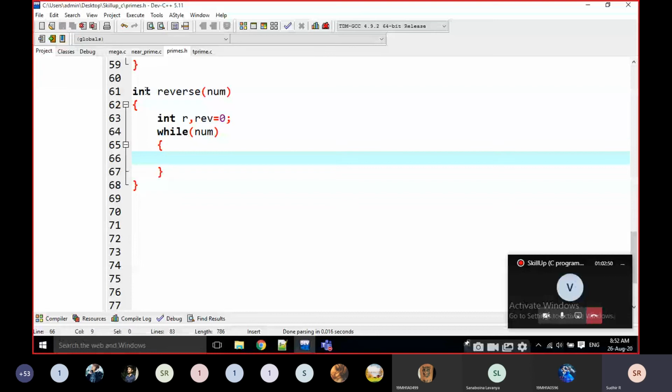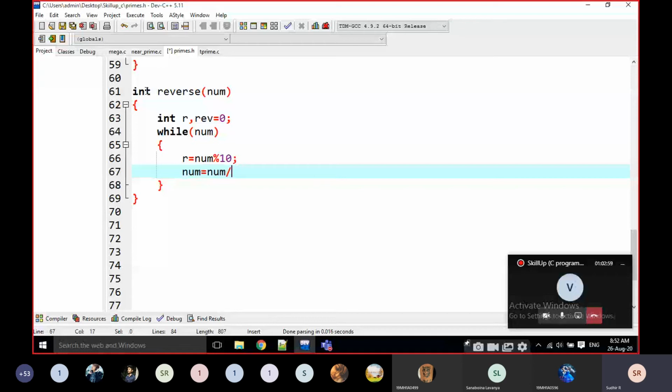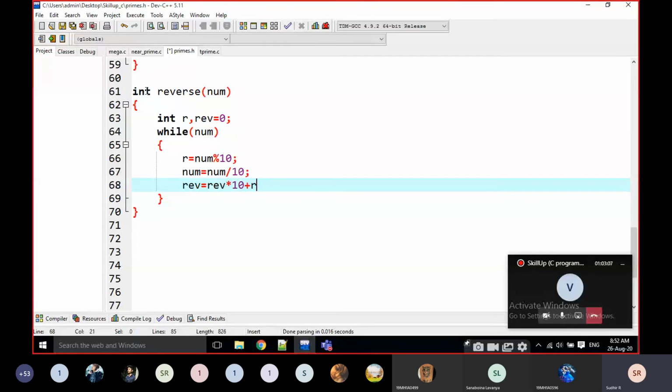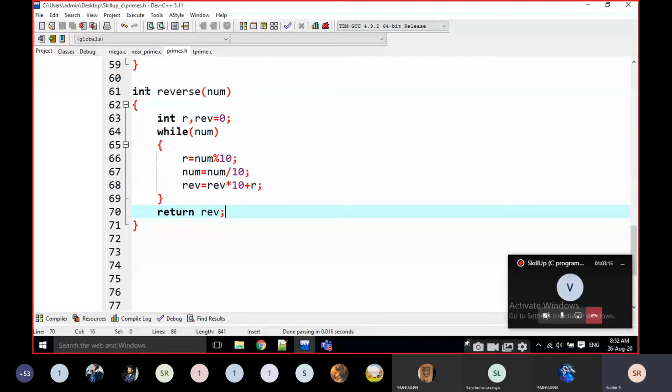I think I already discussed these things. r is number mod 10, number is equal to num by 10, then reverse is equal to reverse into 10 plus r. That's it. Then after this I am going to return rev.